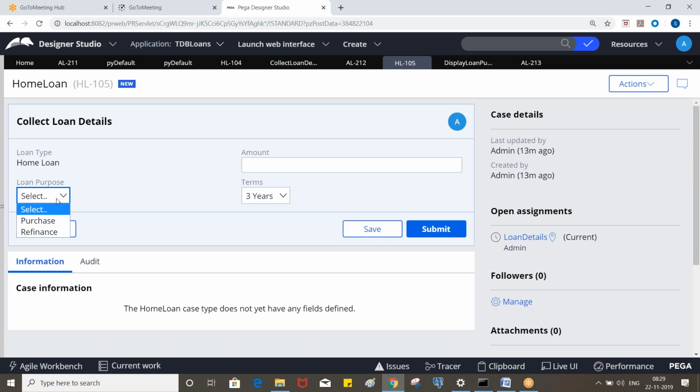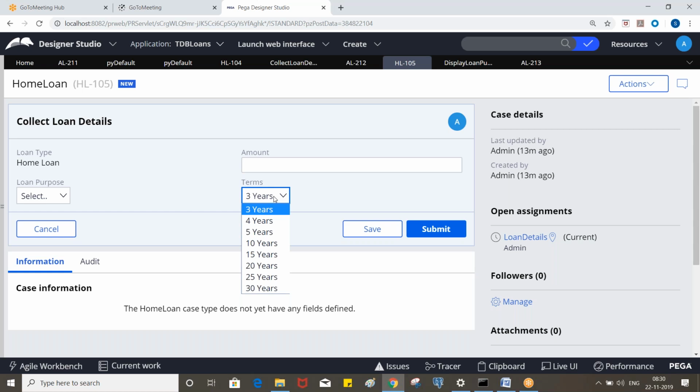That is the reason we created an activity, and in the activity we specified the condition. Okay, so can you do the same for terms? If it is an auto loan, you need to display 3, 4, 5. If it is a home loan, you need to display the rest of the terms. The same way we can handle it. Okay. You can use the same activity if you want.